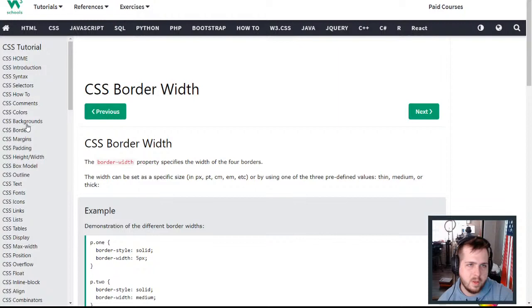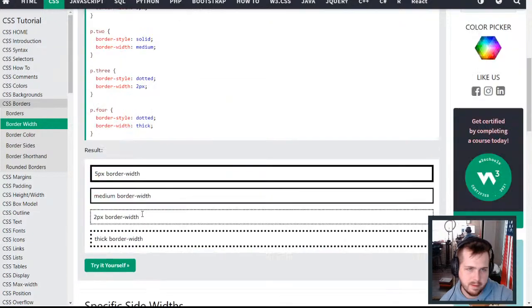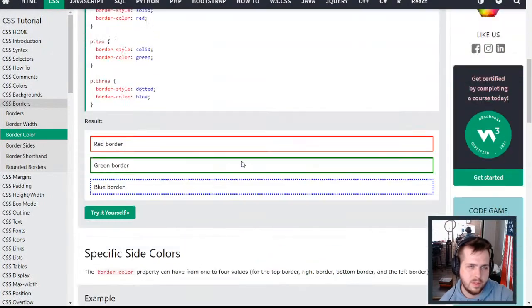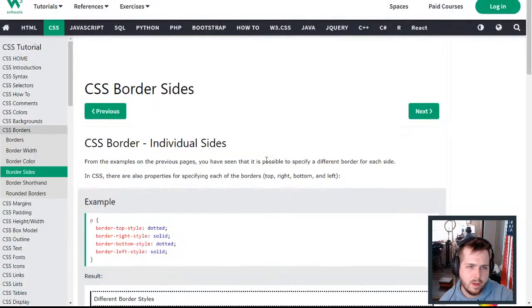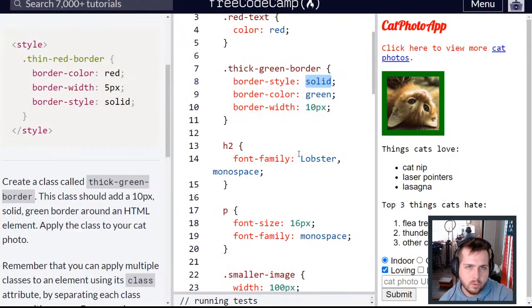For border width, that's pretty self-explanatory. I believe you just set how many pixels wide the border is going to be, and that's going to affect all the different border styles that you choose. Border color is pretty self-explanatory. Now, border sides, you can select one specific side of an element and apply a border to that. So, for example, if we said border style left,